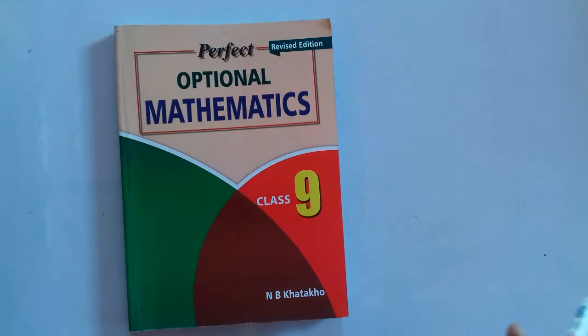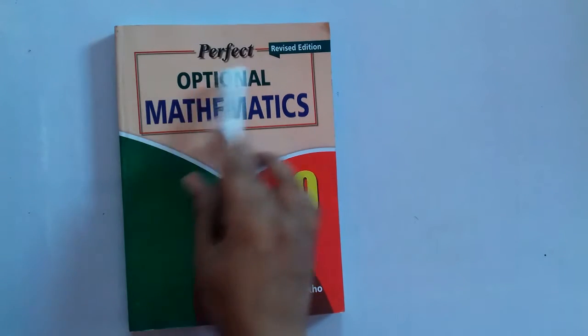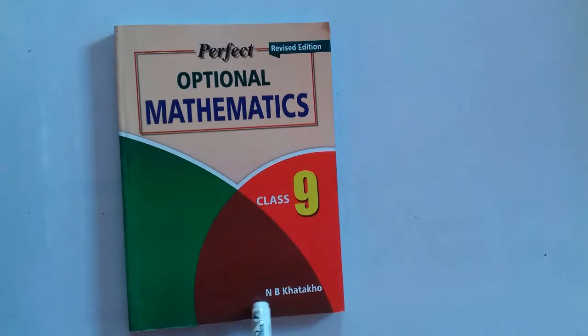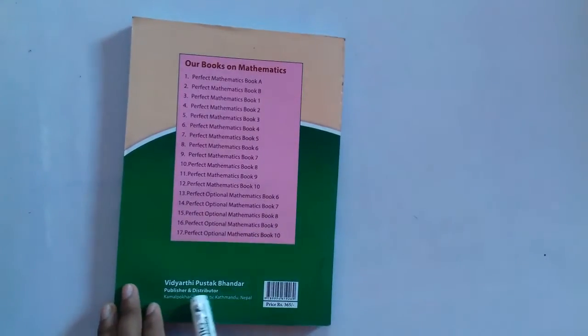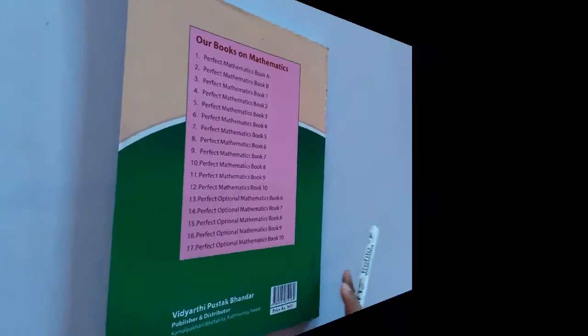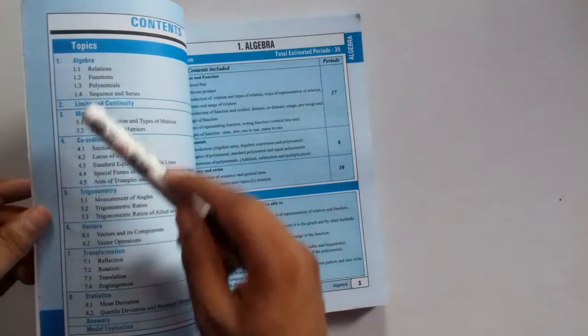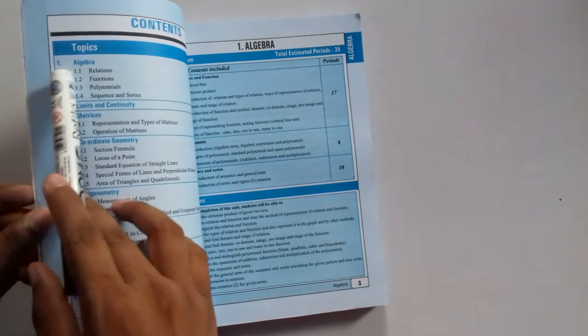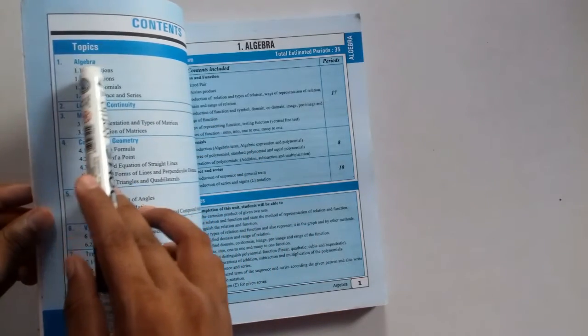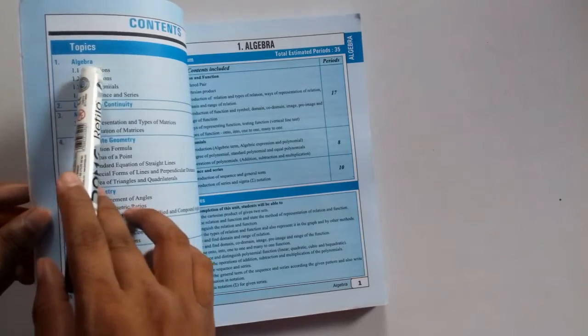Dear students of class 9, we are going to use this book Perfect Optional Mathematics written by N.B. Khatako and published by Vidyarthi Pustak Bhandar for our videos. This book contains altogether 8 units, and here we are going to start Unit 1 Algebra and Lesson 1.1